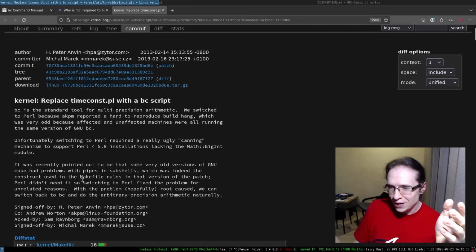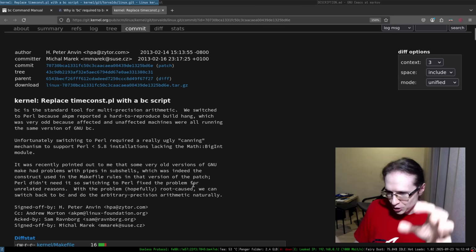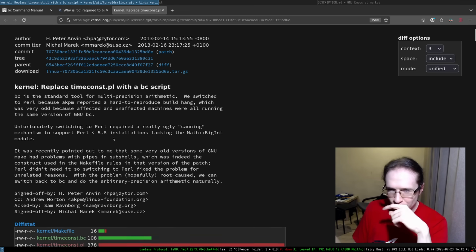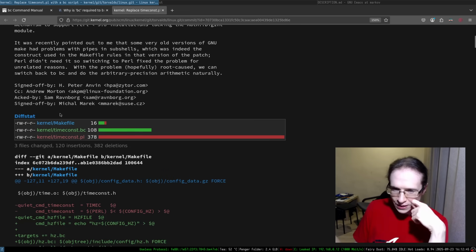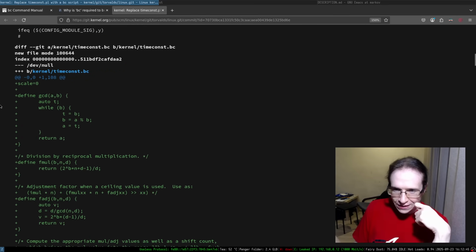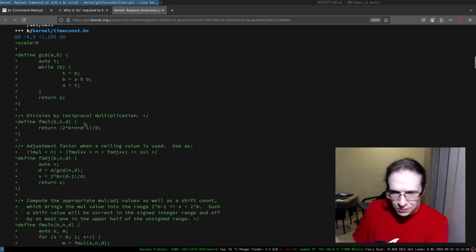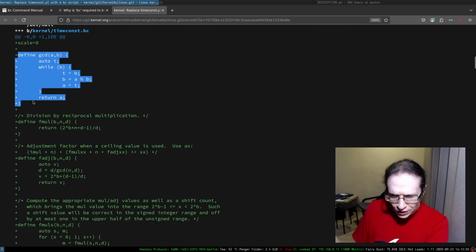It was recently pointed out to me that some old versions of GNU Make had problems with pipes, subshells, and so on and so forth. It's not really that important. What's important is that they were using arbitrary precision and stuff like that. And let's take a look at it. And this is what it looks like. So this is a BC script. And I looked into that, and